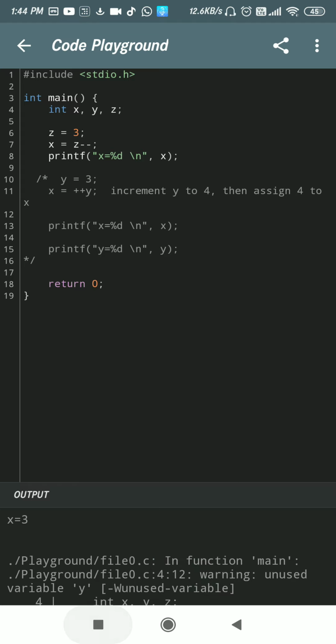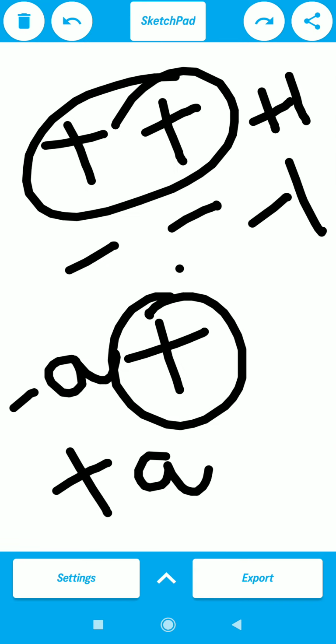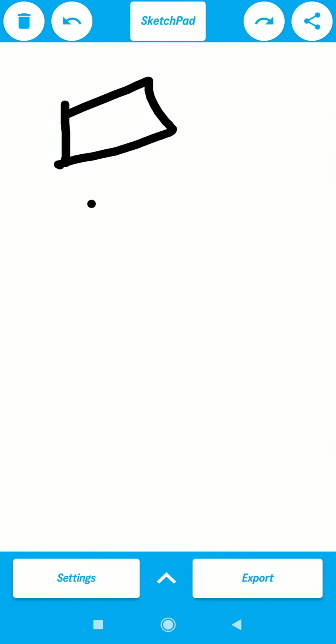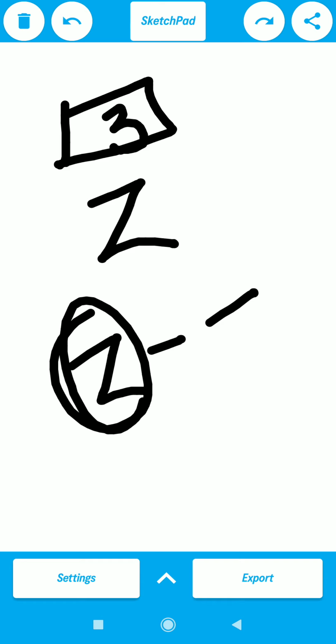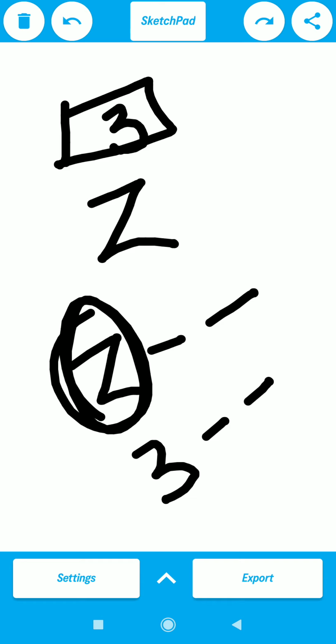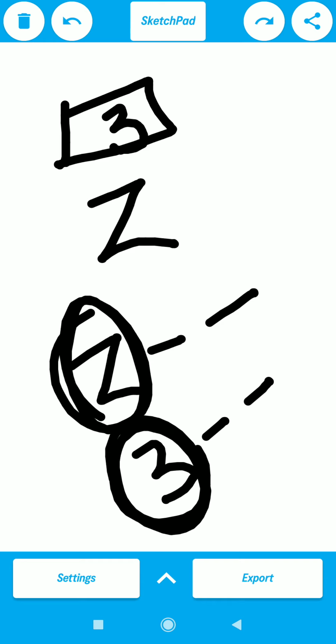What does it mean? Suppose I have a variable, and inside that I have given 3. If I say z minus minus, the value of z is 3. Now I am decrementing it, but at the present state I have the value of 3. So that's why it's showing this.